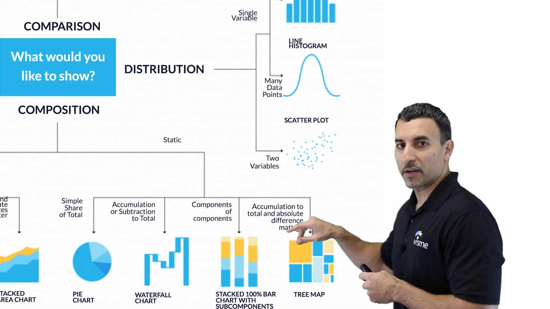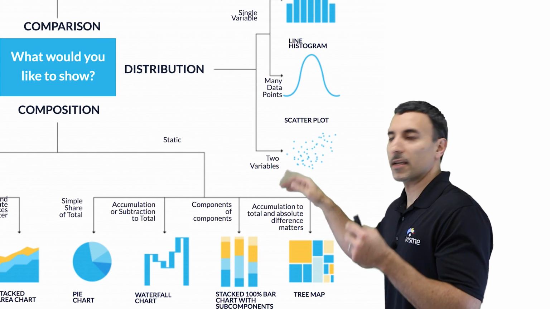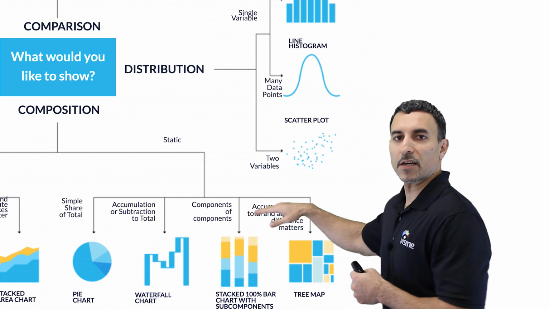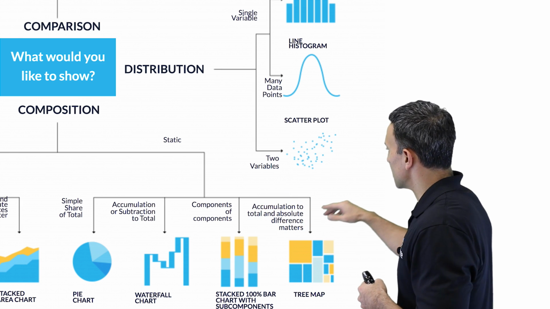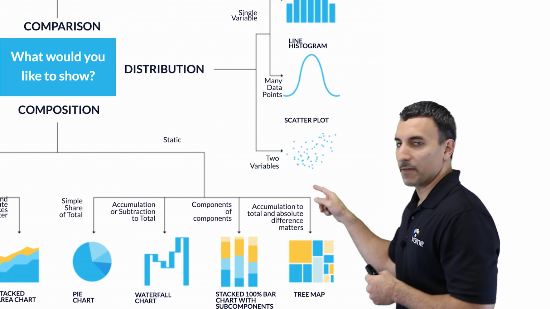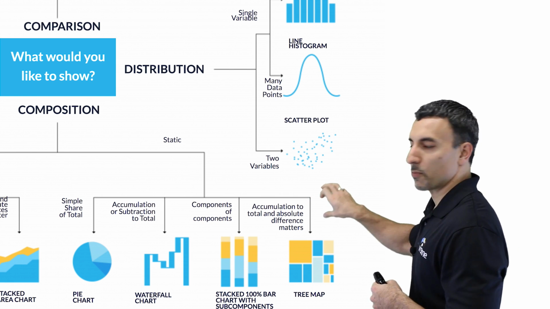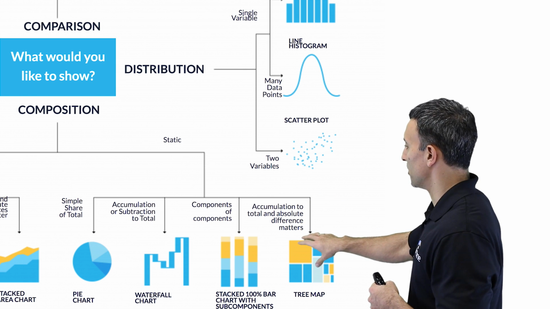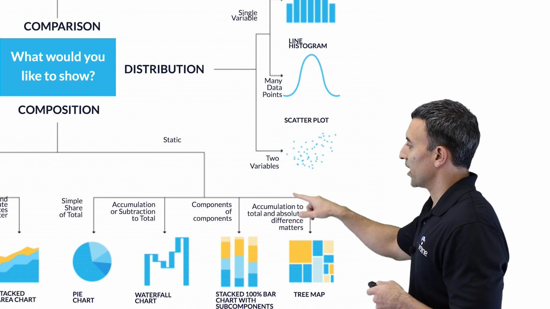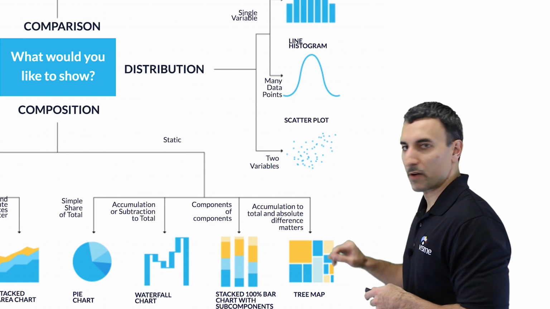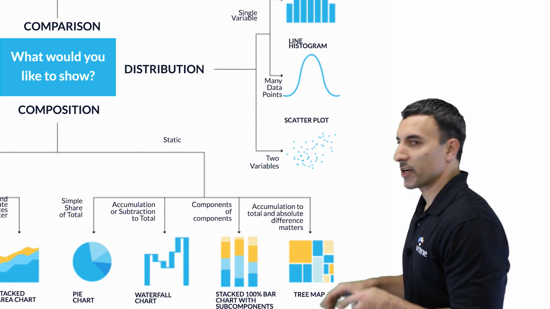Now, if you look on this one, we have comparison. Let's just say that you have a composition chart. What do you want to create? Let's say it's a composition, and then it's going to be static data. And then if you come down a little bit further, it's going to be shares or pieces of a whole. So in this case, it could be a pie chart. So this is a great example that allows you to, by having this cheat sheet, I highly recommend you download it.